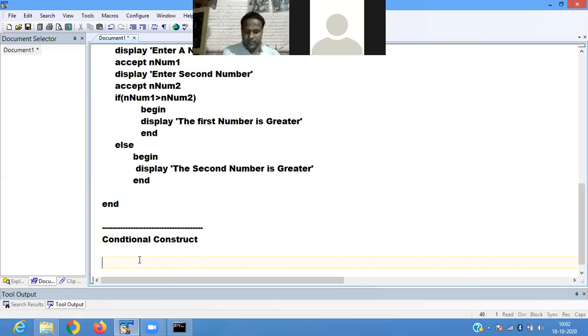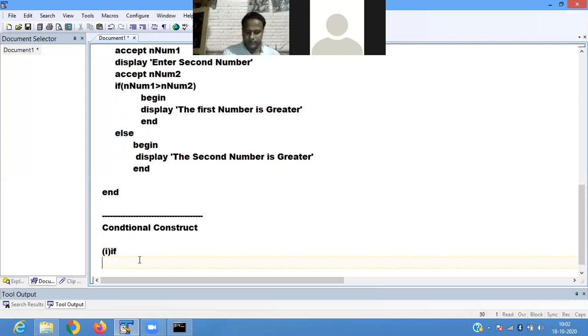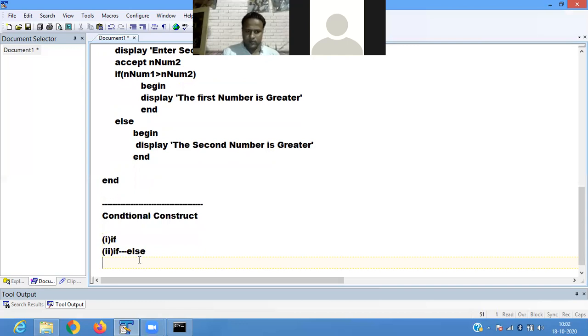So in the conditional construct, we're using simple if, only if, then if else, another is switch case.